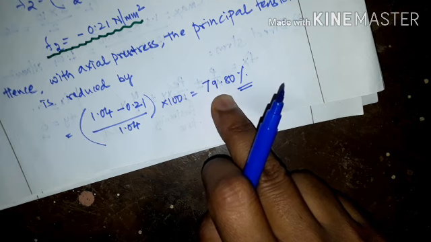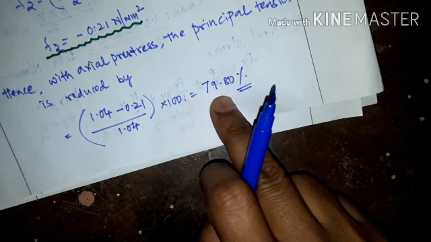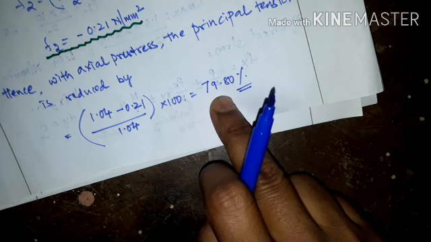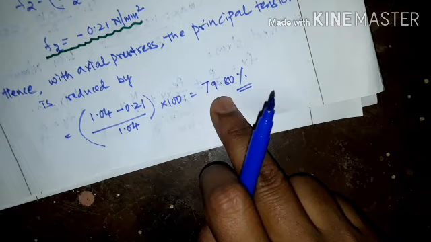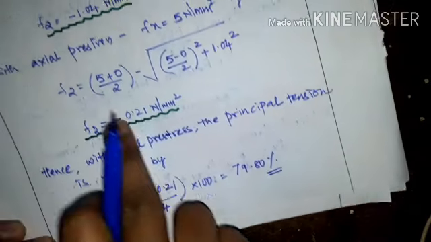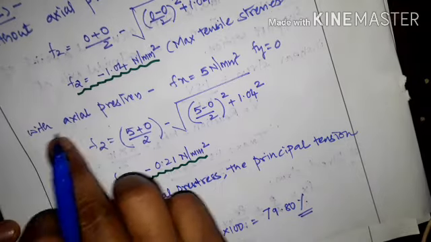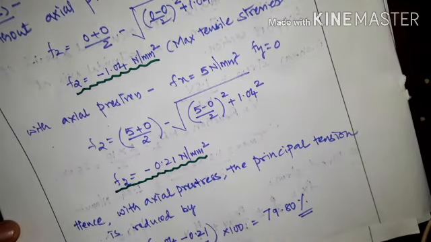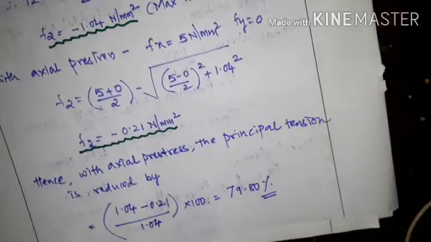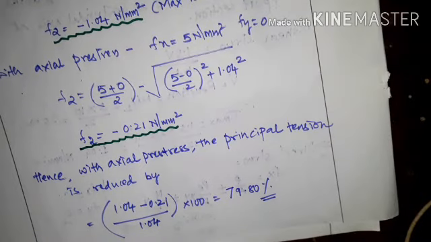So this is regarding the study of the shear strength of a member, how the shear capacity of the member is increased because of axial pre-stress. Understood? So this is regarding today's session. So you go through and try to solve the problem. If you get any difficulty you can contact me. Okay, thank you.